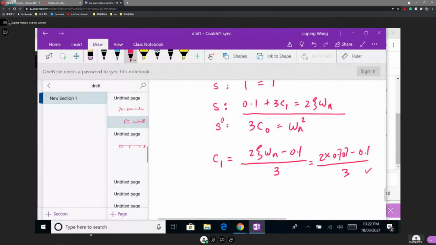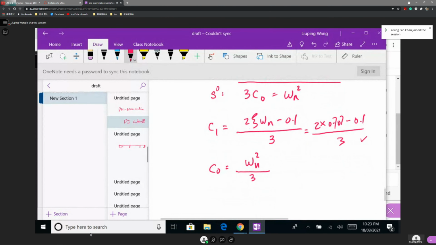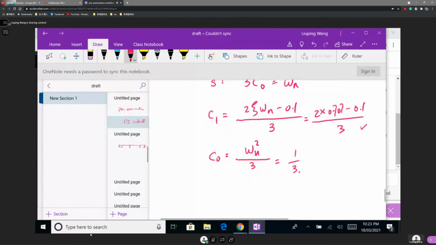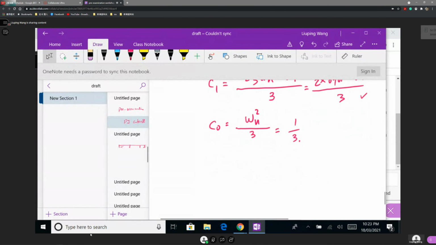And then C0 is equal to omega n squared divided by 3, so C0 equals 1 over 3. Now once I get this, Kc equals C1, and then tau I equal to